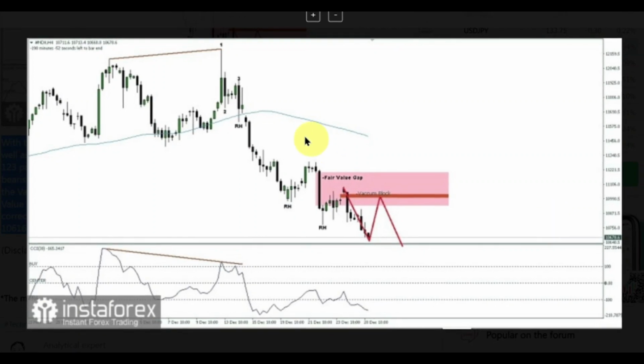Area of macro analysis of intraday price movements of the Nasdaq 100 index. Let's have a look. With the appearance of the divergence between Nasdaq 100 index price movements and the indicator, as well as the price movement which is below the 100 moving average, and the appearance of the bearish 1-2-3 pattern, which is followed by a break of Ross hook, it's certain that the NDX condition is in a bearish situation, which in the near future seems to be experiencing a slight upward correction to test the vacuum block area level, the range